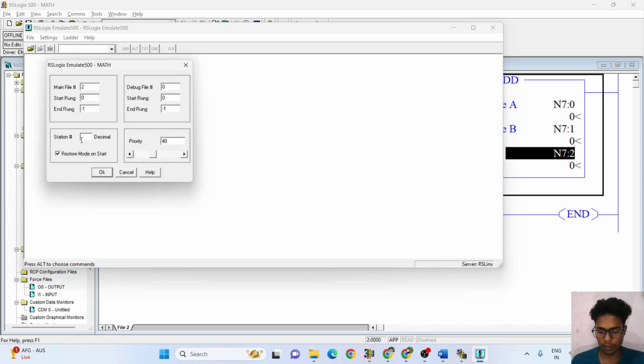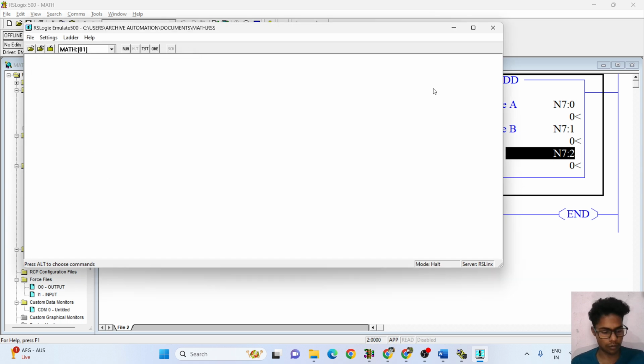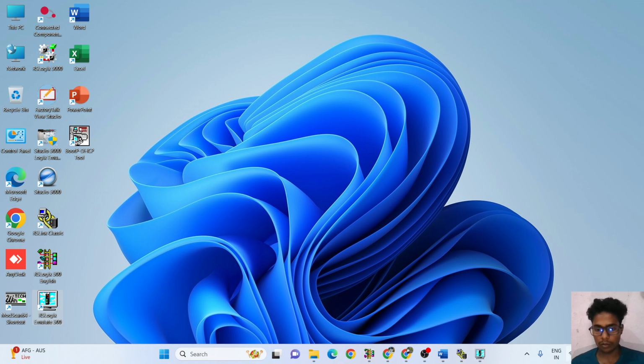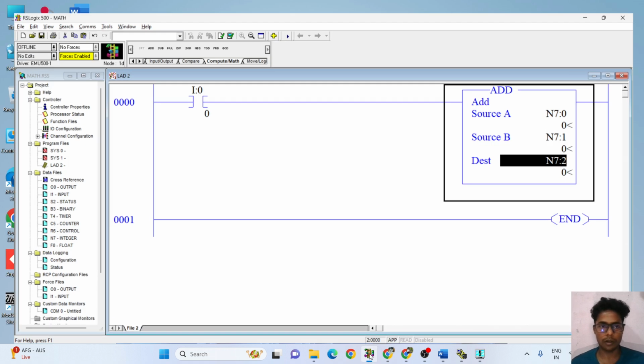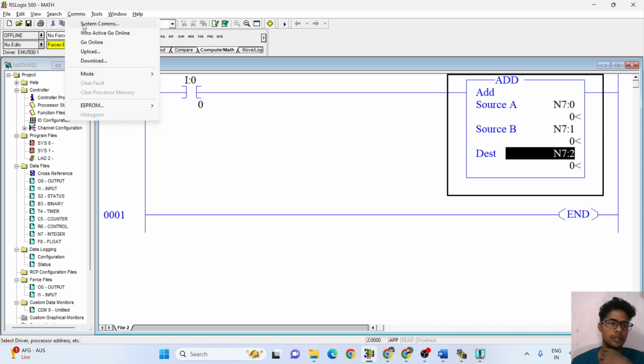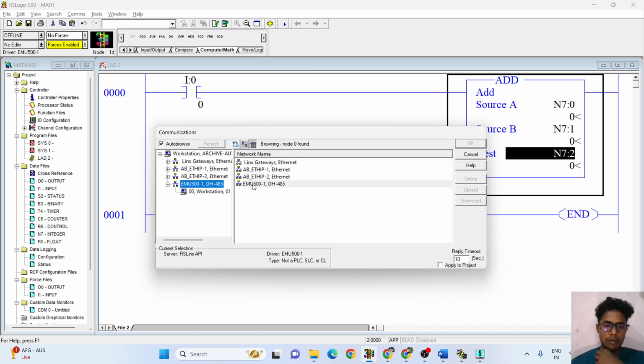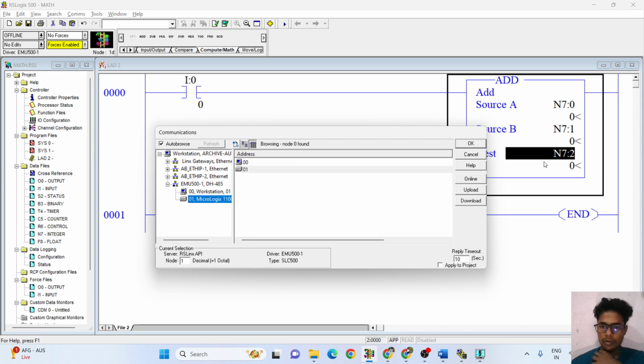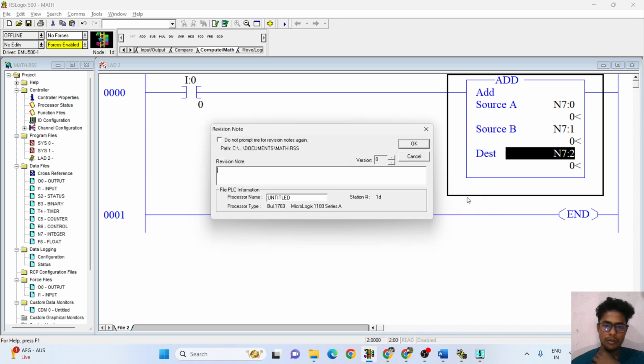Okay. Here you have to give a station and then okay. Now it will be working. Then you have to go to RSLogix 500 English software. So engineers, now go to communication system com. Here you have to choose this type and download this program.